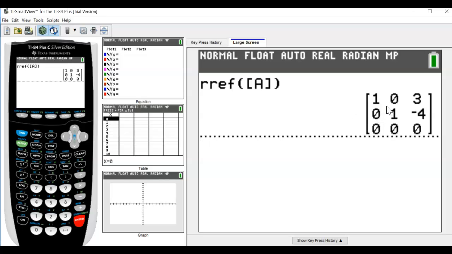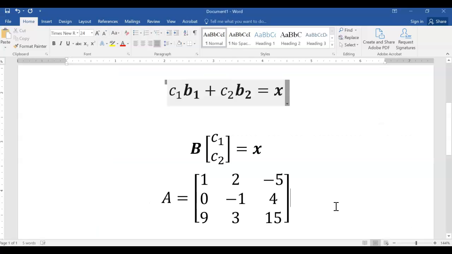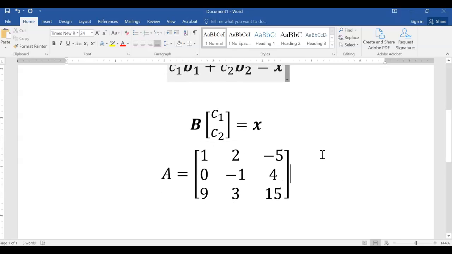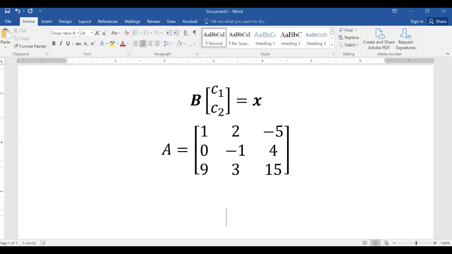And sure enough, we get a single solution. Now, what this means is that C1 is equal to 3 and C2 is equal to negative 4. So again, C1 is 3, C2 is negative 4. And so what we would say is that